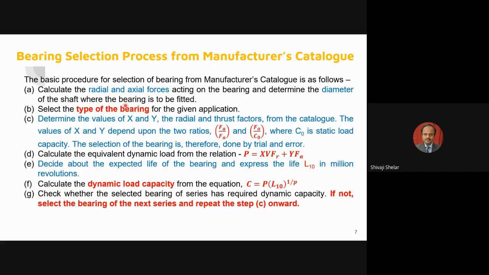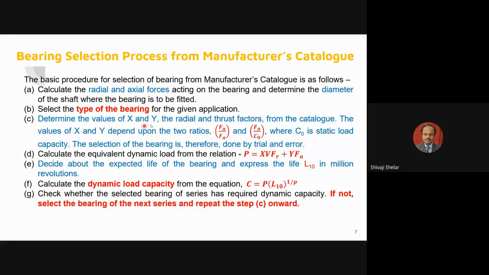While selecting the type of bearing, your experience matters: what type of load is coming, how you evaluate it, and what the magnitude of those forces is. Based on that, you select the type of bearing. Unless you select the type of bearing, you cannot refer to a catalog. Once you know the type of bearing, you can check the catalog of that type. So the next step, based on the selected catalog, you select one bearing by a random selection. Random means with some experience, you do that selection.